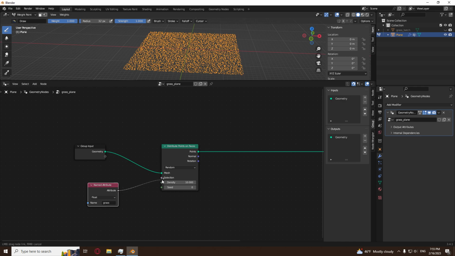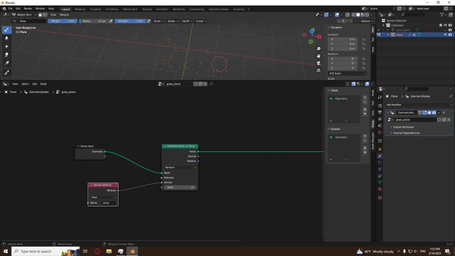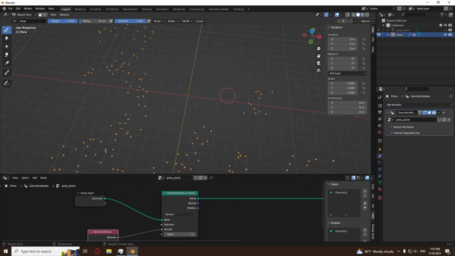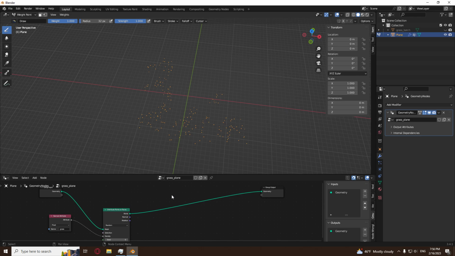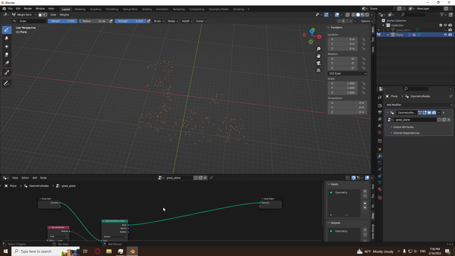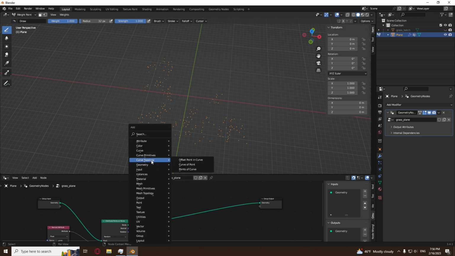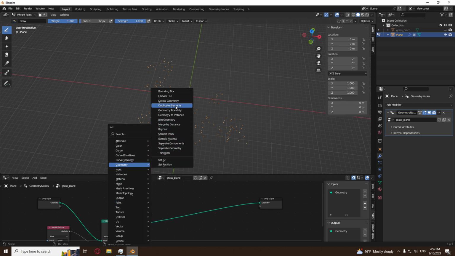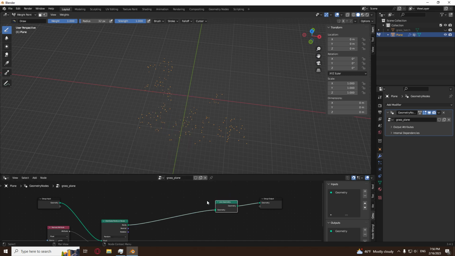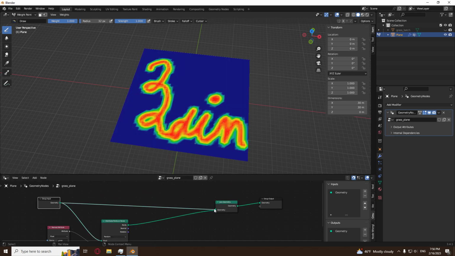Now, let's put this right into here, see what happens. As you can see, now they're distributed like that, in this fashion, the way I drew on that. Now, if you're in weight paint mode and you want to see clearly what you draw, what happens when you draw your instances on this, you can go to geometry. You can actually weight paint right here and distribute your instances like that. But you can go to geometry and join geometry in order to see better and use this,